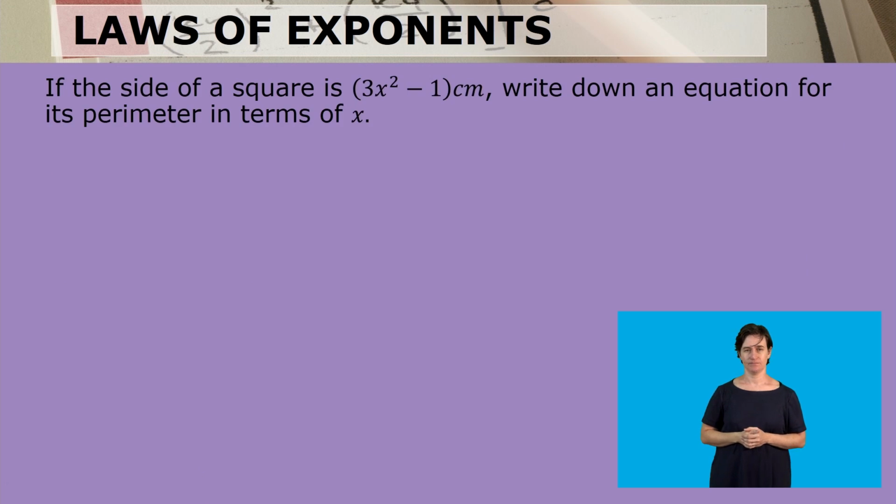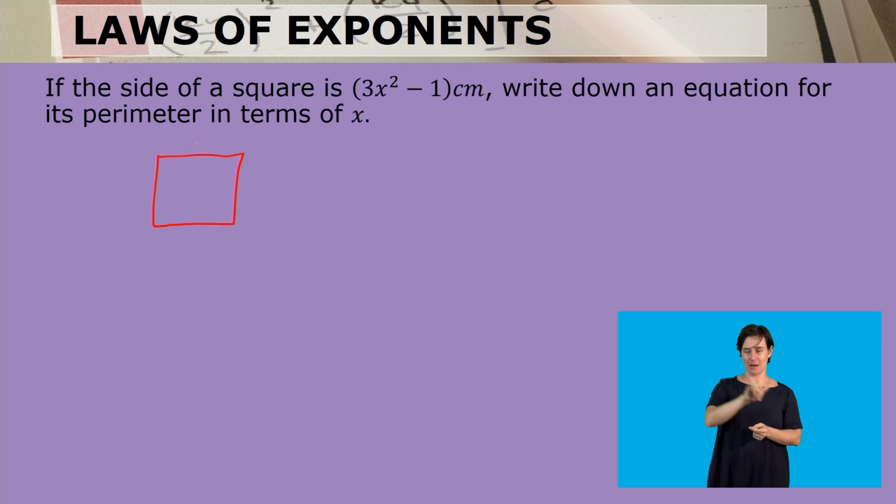Now, let's look at a typical example. If the side of a square is 3x squared minus 1 centimeters, write down the equation for its perimeter in terms of x. Let's look at a square. Hope I can still draw. A square